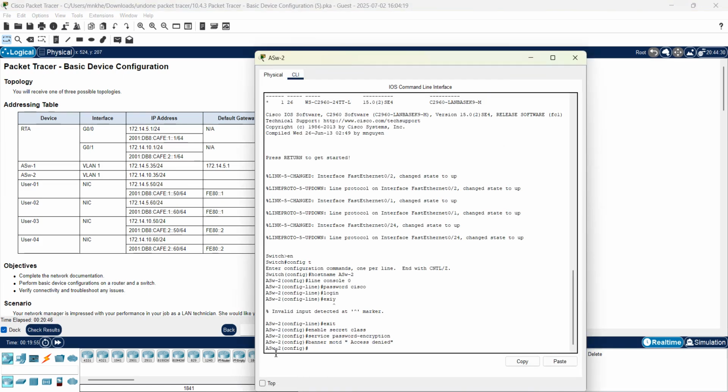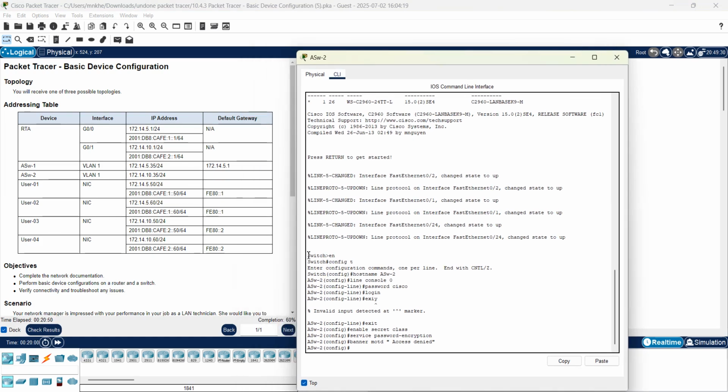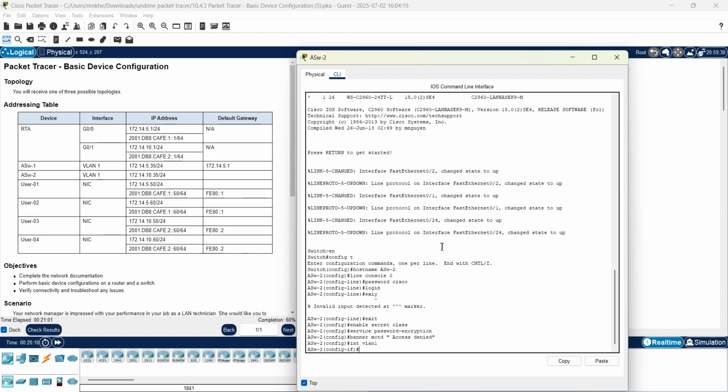Go back to your switch, and we have to configure everything in there. So in switch 2, as you can see, we only have VLAN 1, so interface VLAN 1, our IP address. Our IP address is 172.14.5.35. And since we have a /24, it means we already,